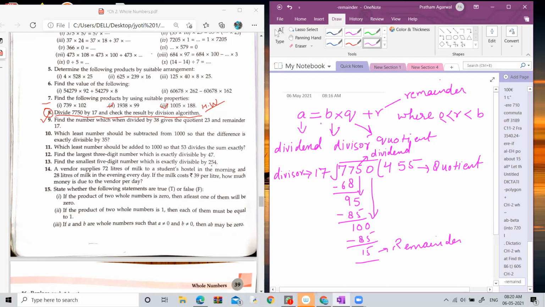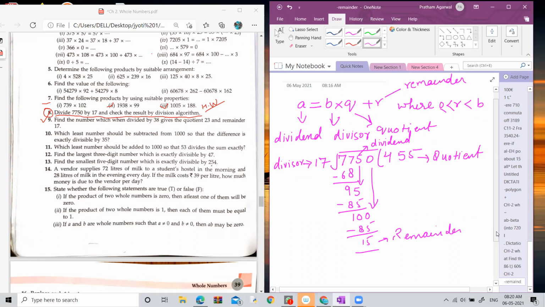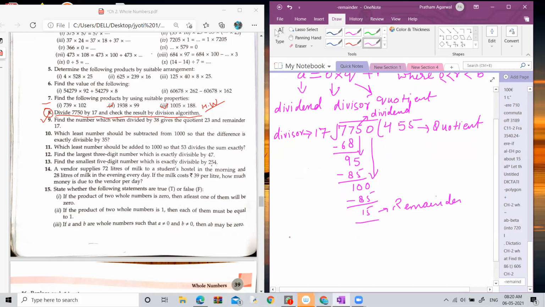Now we have to use this formula and check whether the answer is correct or not. Very good, Adyan and Anmol. So the dividend value equals divisor into quotient